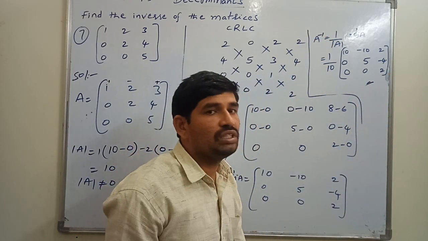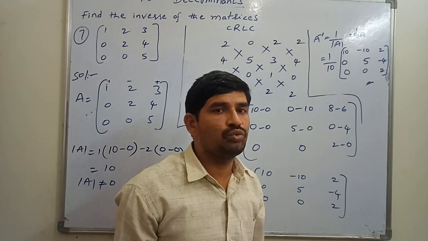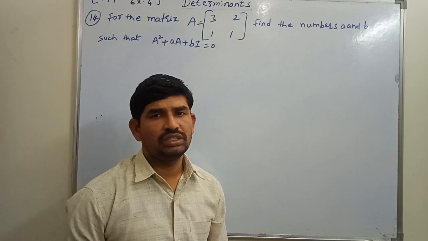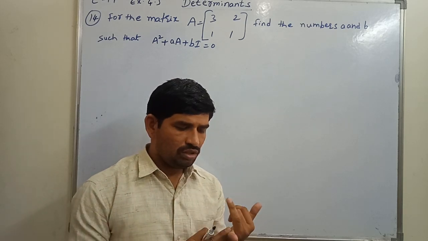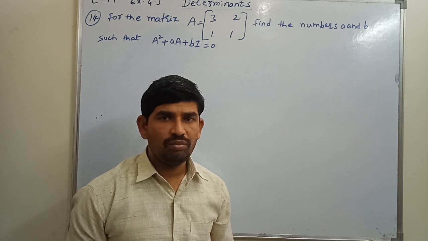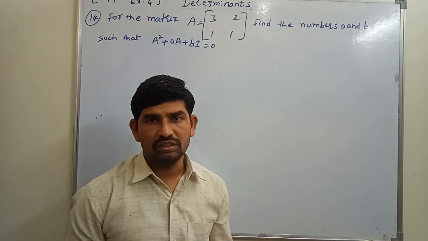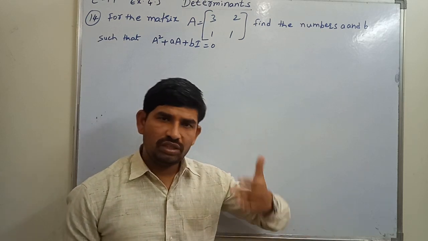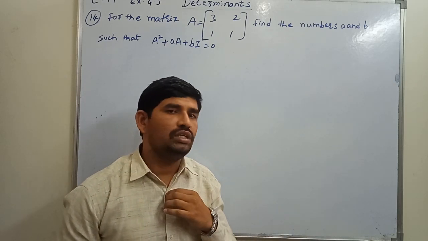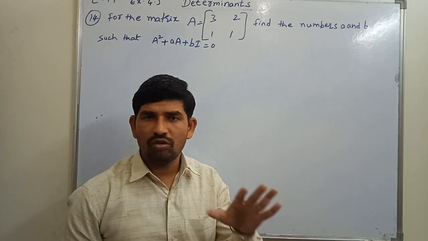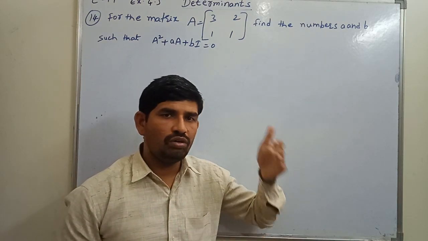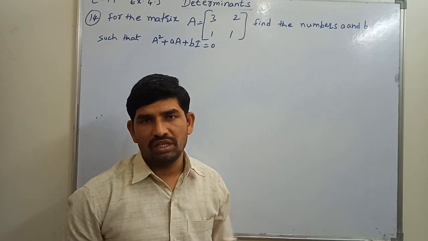Suppose he is giving a 3 by 3 matrix. We will see the next question. See, just now we have completed question number 7. After that, question numbers 8, 9, 10, we just have to find the inverse of those related matrices. Okay. So we know how to find the inverse of 3 by 3 and 2 by 2 matrices. Suppose he is going to ask the inverse of a matrix. Okay, so you people have to complete those questions. If you got the solution, you have to say in the comment box.